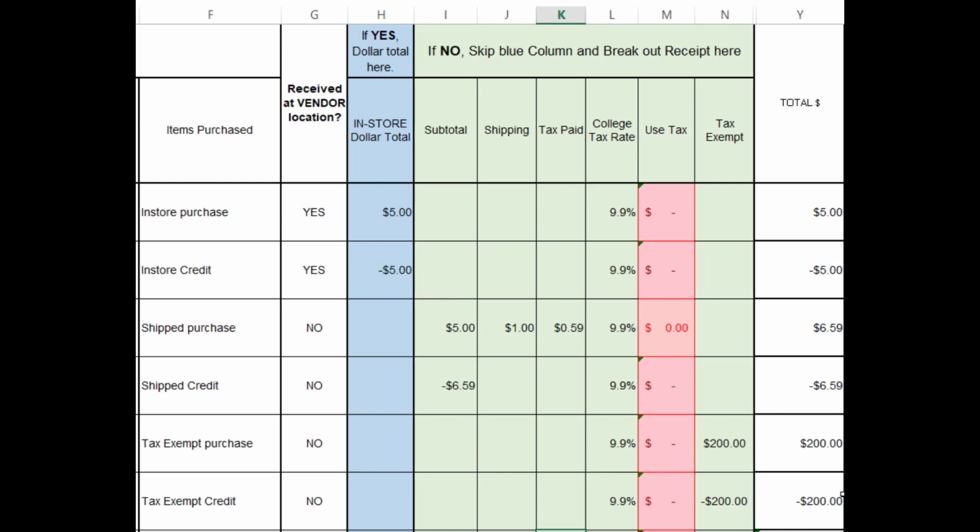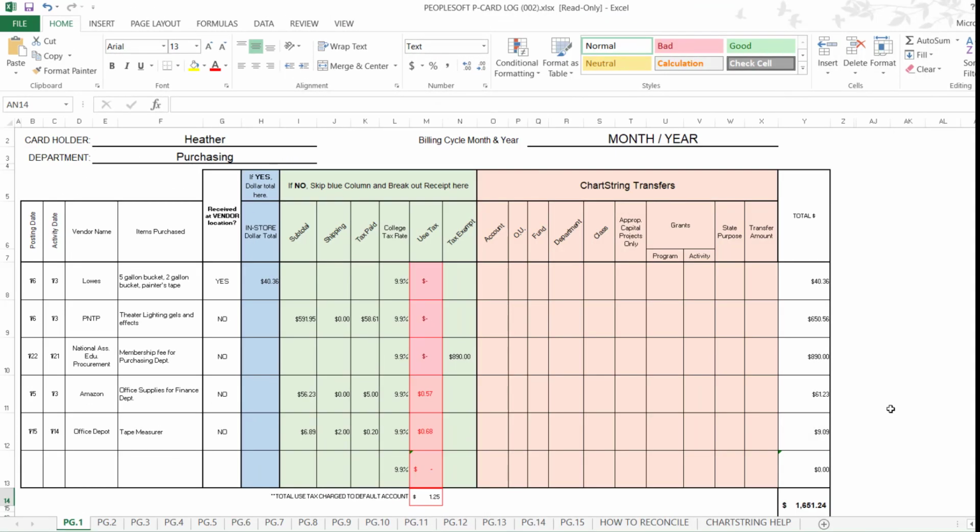Now that we've covered the different ways to record different types of transactions, let's look at the overall log. You'll notice that the transaction amounts have totaled at the bottom of the page. Please verify that these match your statement when you're finished. If the totals don't match, there is a problem and you need to check for keystroke errors or inconsistencies between your receipts and the statement. You'll also notice that the use tax column totals at the bottom as well. This will be the total amount of use tax that will be charged to your default account after your log